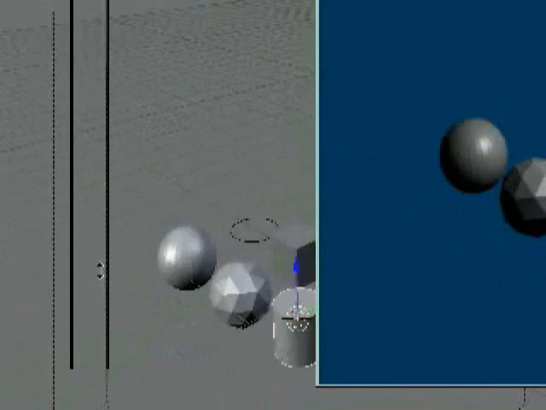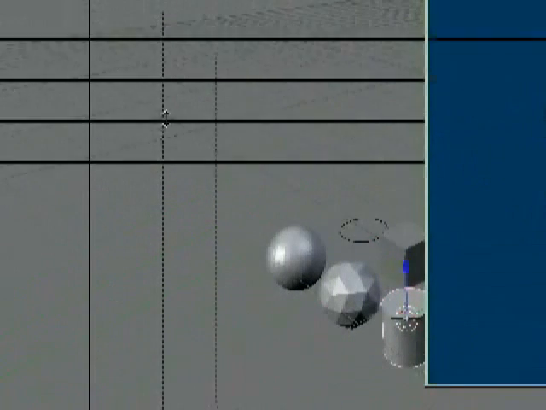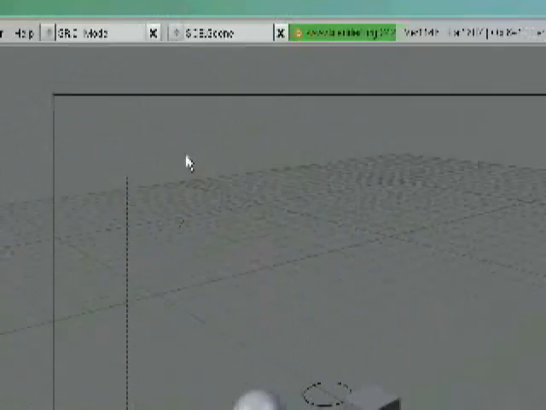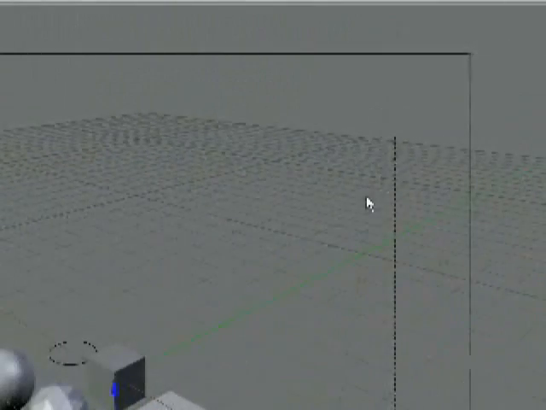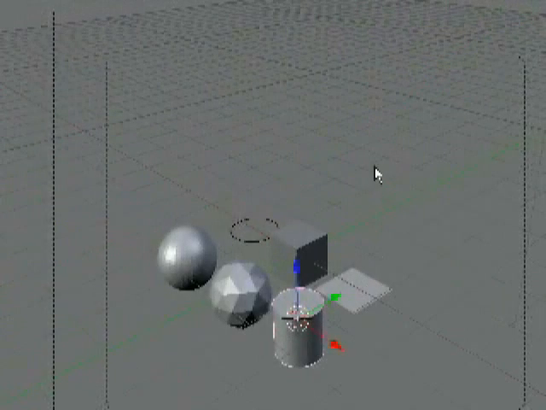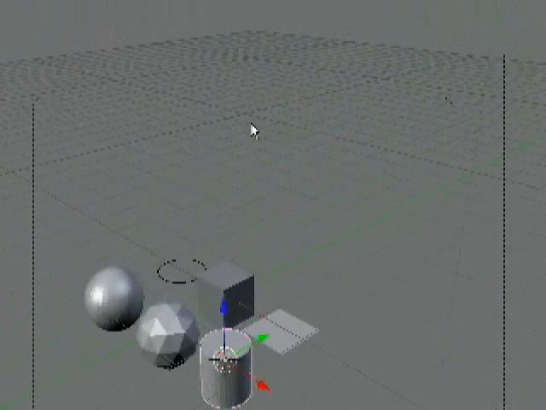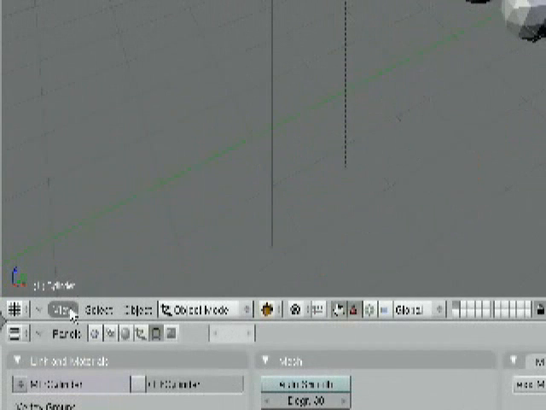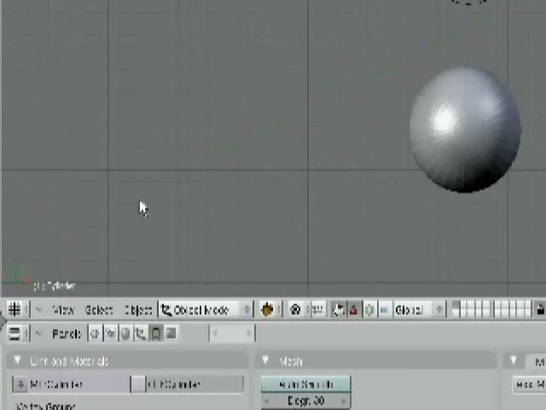Just about the same. So you can see these are the edges of the camera, all along here. The outer line is the edge of the camera. It's what the computer sees and adds lighting to, and all the objects and everything. So let's go back to top view and add a